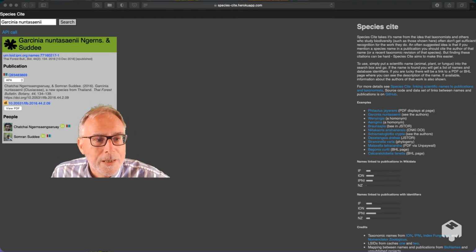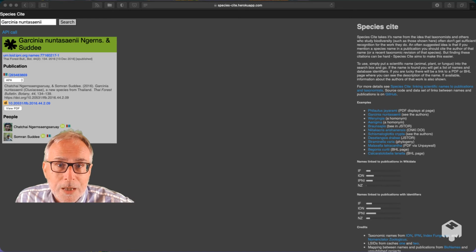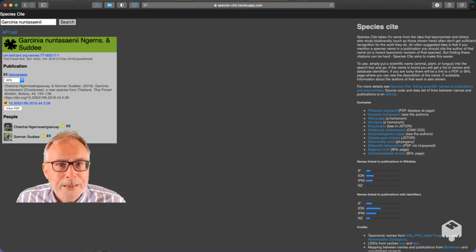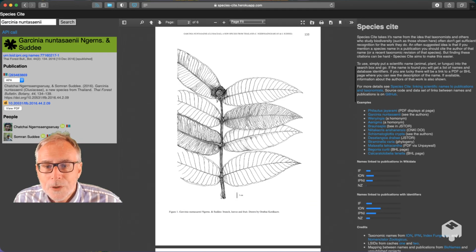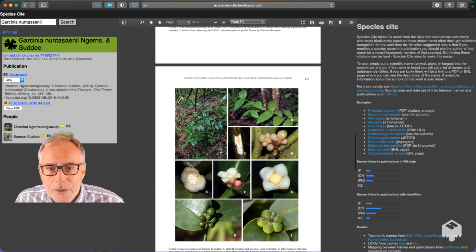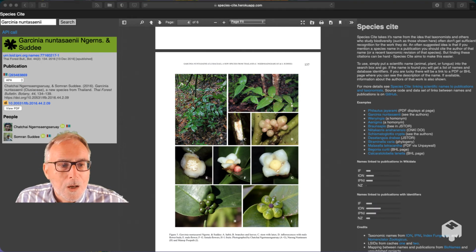We have the ORCID ID, we have a link to the entry in Wikidata, and we've actually got pictures of them, in this case taken from their ResearchGate profile. So not only can we give you the taxonomic name, and in this case, again, we've got the PDF, so you can read about the description and see some lovely pictures, but we can actually give you some information on